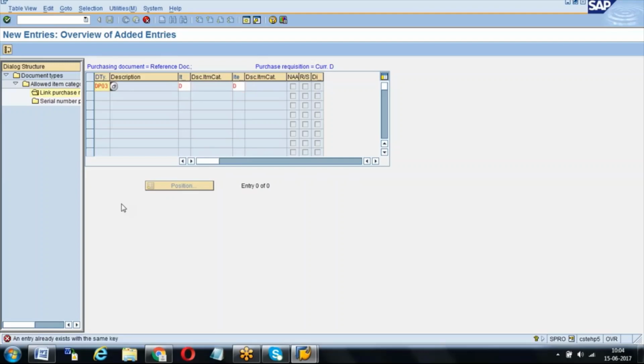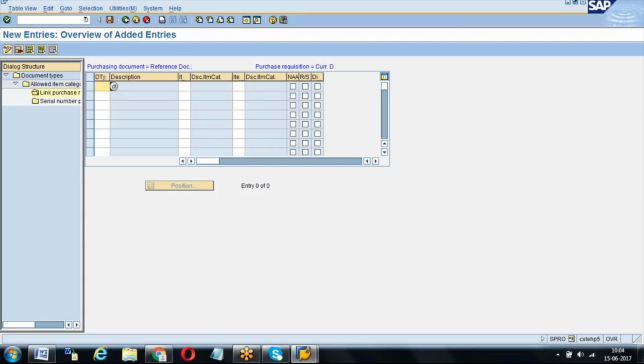The allowed item categories is the primary one where you are able to create a purchase requisition. This is called linkage. Linkage means, to create a service purchase order, you should always have a service purchase requisition.